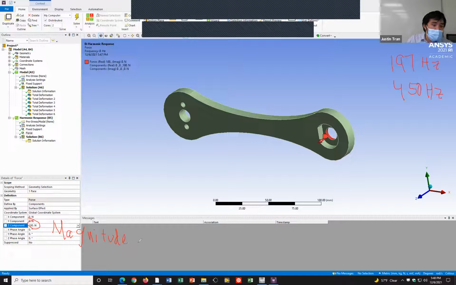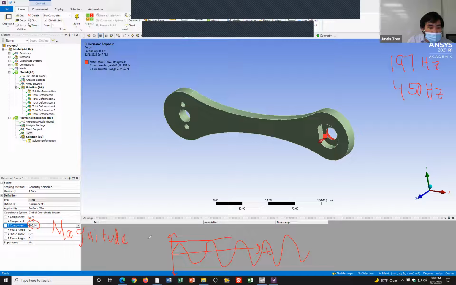Okay. And so in reality, what Ansys is going to do is that it's going to apply the force like this. Okay. And so if we draw an XY plot, or I should say YT plot, the x-axis is time. And so it's going to apply a force that changes with time like this. Okay. And so the force here is actually going to vibrate,